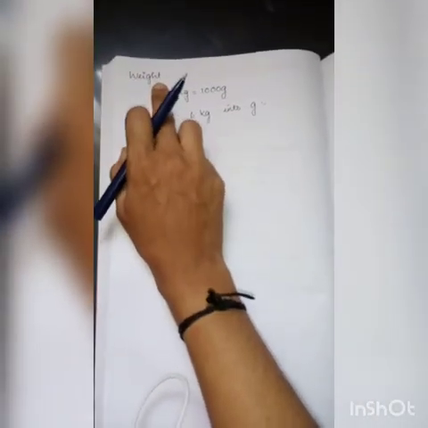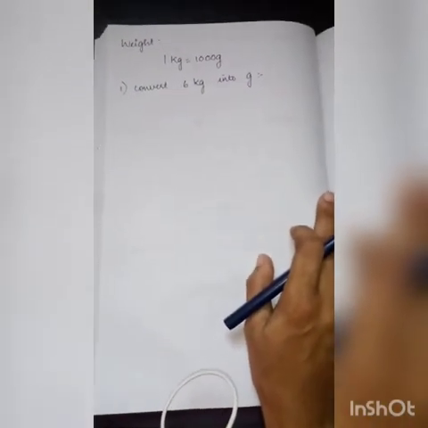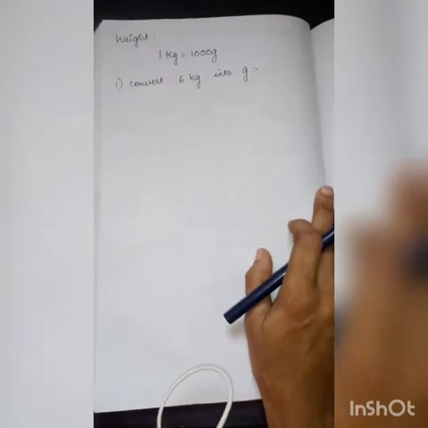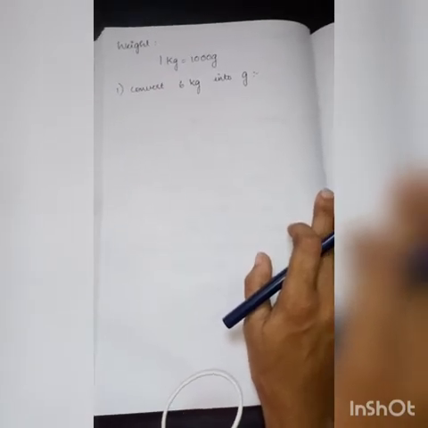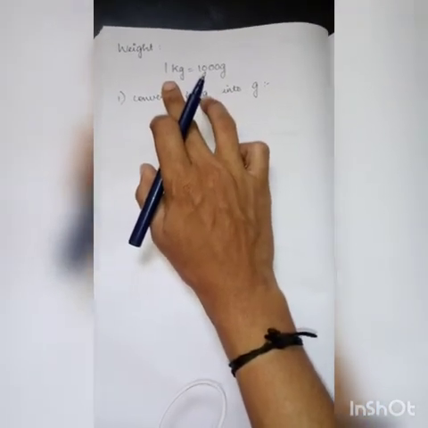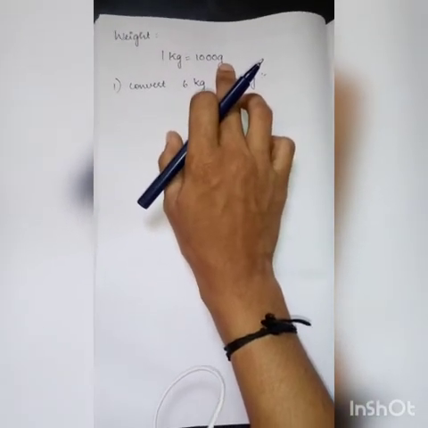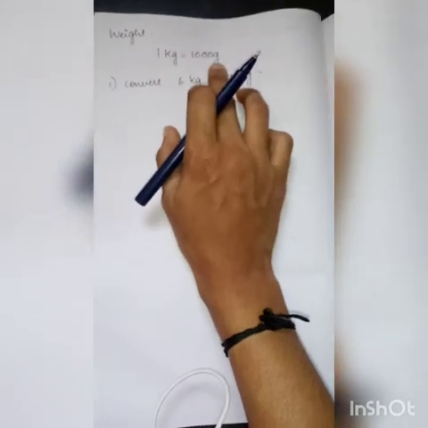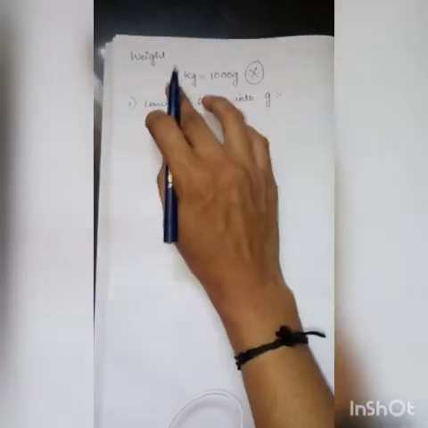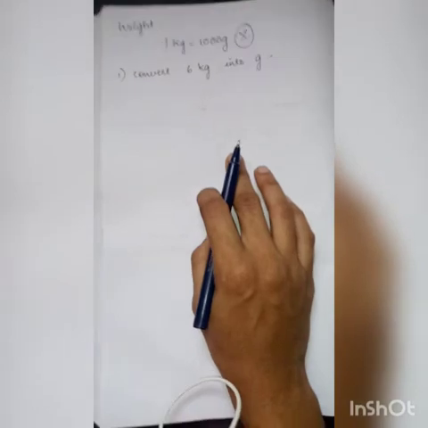Here we are going to deal with the problems related to weight. In weight also we have discussed kilogram, hectogram, gram, decagram, decigram, milligram, centigram, like that. But the main property which we will be using is 1 kilogram is equal to 1000 grams, which means you will mainly discuss kilogram and gram only. So the formula you should keep in your mind is 1 kilogram equals 1000 grams. Now we are going to convert 6 kilogram to gram.